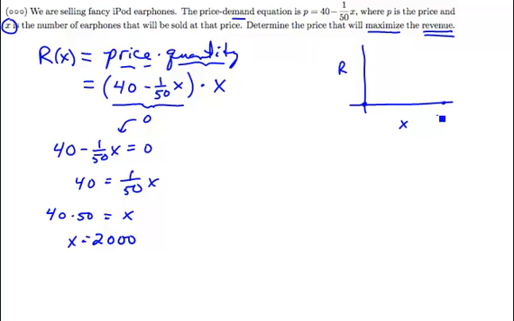So at 2,000 over here, the function R is 0, and we know it's a downward opening parabola, so this thing must rise and then fall again to hit down at 2,000. There's symmetry here, so halfway in between is the x value for the vertex. So there will be a maximum revenue